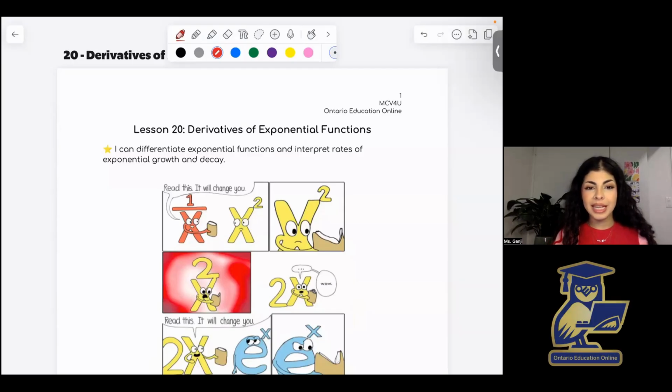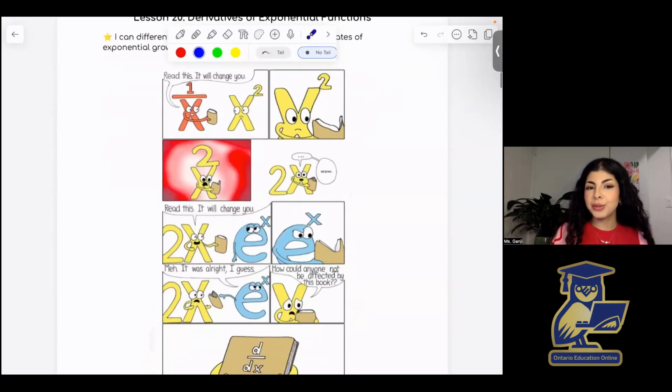Hello and welcome to Lesson 20 on derivatives of exponential functions. Today we're going to be looking at how to find the derivative of these functions as well as applying the derivative to real life application. So I have included a little comic here for you, which won't necessarily make sense right away, but we'll come